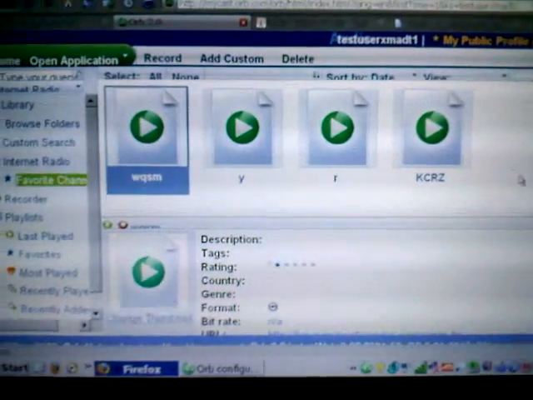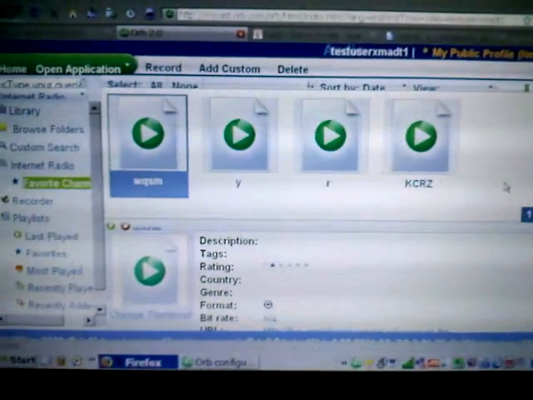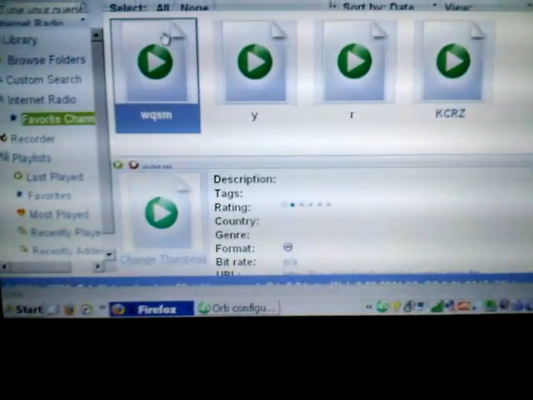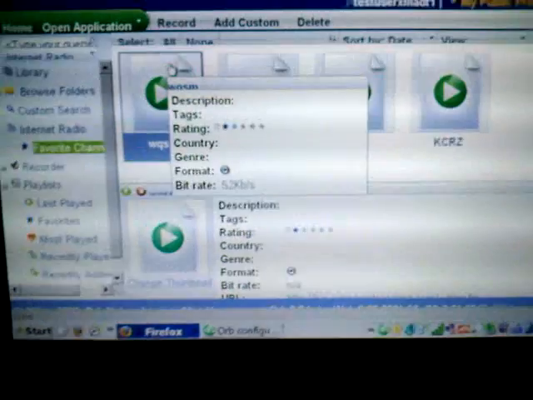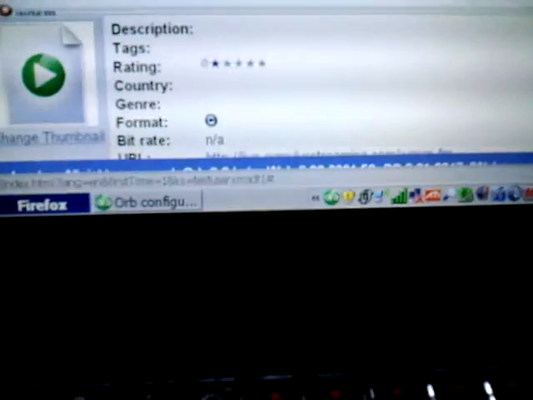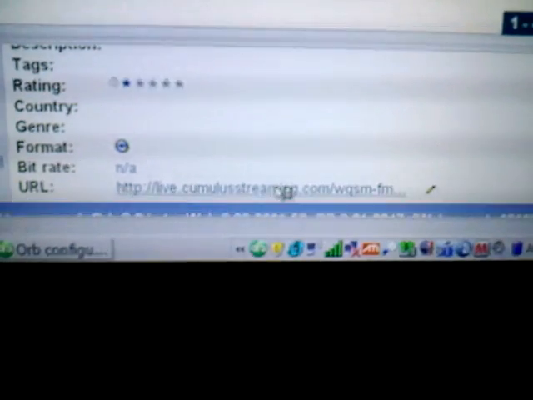But make sure that all those links work. Test them out on your computer. Go down here. Don't click them and stream from here, because if Orb's having a problem, if they've gone down for some reason, it's not going to work anyway. But go down here where it says URL, and that's the raw URL. Cumulus, you can use this to stream Cumulus pretty well. You just got to get the link. They're a little bit harder to get, and that's going to be an advanced part. But if you click the link and you get audio from it,